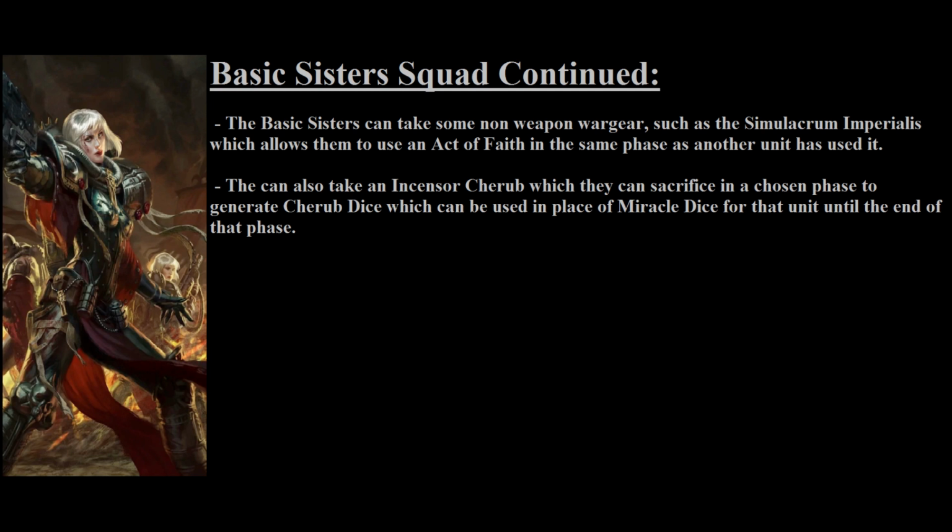This is kind of an expensive usage of points on a unit such as the basic Sisters of Battle, but there could be situations where you would want one of these, especially if you're including something like the Multi-Melta in that unit. Though generally, you're going to find better uses for those points, but there might be some situations where you end up wanting the Incenser Cherub in order to give yourself more ability to utilize miracle dice within different units of your army. Before we wrap up the basic Sisters of Battle, there are a couple of stratagems that we should take a look at,